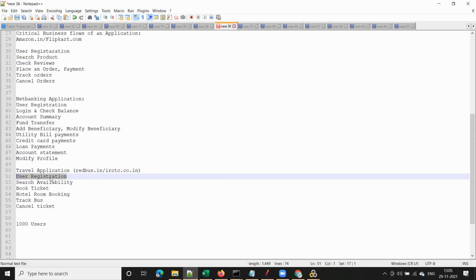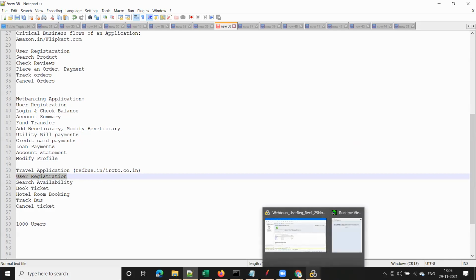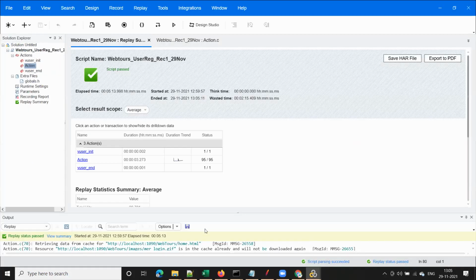We are simulating real-world user actions and generating load on the server, and we'll capture the response times. What is the response time for the home page? What is the response time for login and so on? In that way, we will test the application with the help of these performance test scripts.